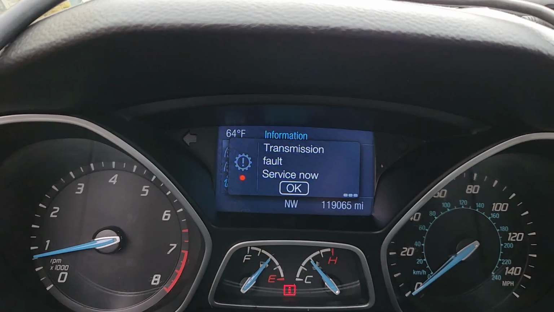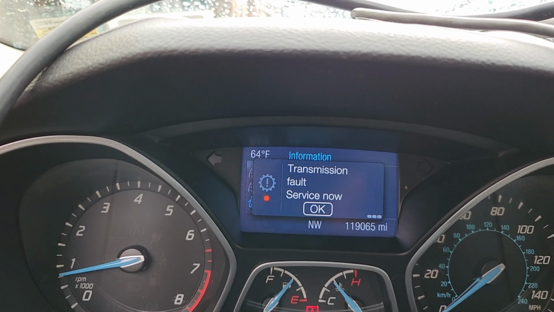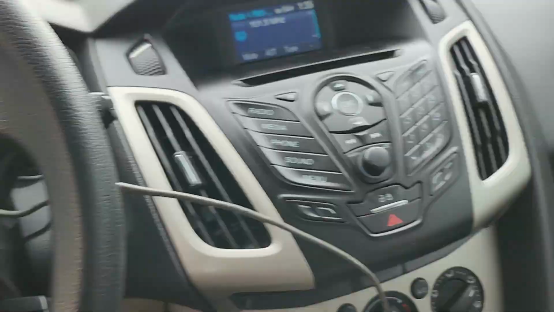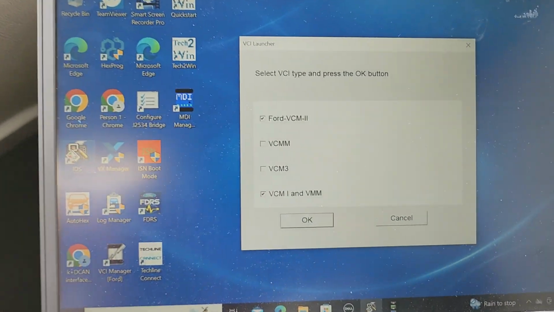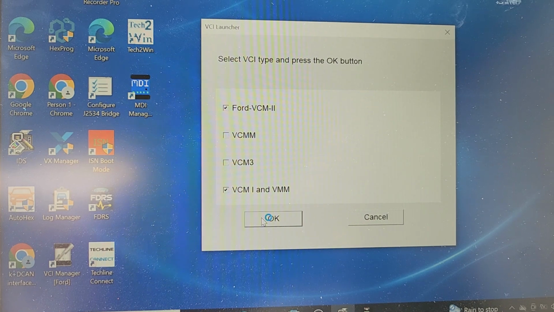Today we are still working on the Ford Focus with the transmission problem. Try to do one step based on the recommendation that we may have to upgrade the transmission and reset it. It may work. You remember yesterday we had a lot of codes on it. So I'm going to use the IDS, the dealer tools. I want to connect it, VCM2,